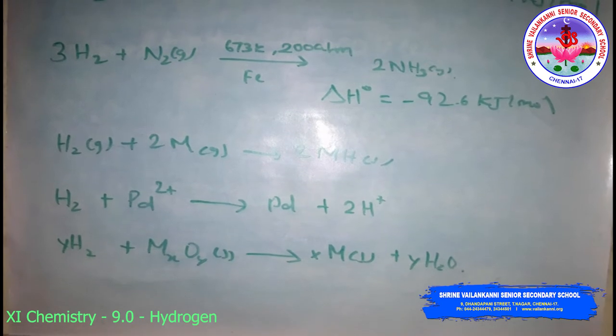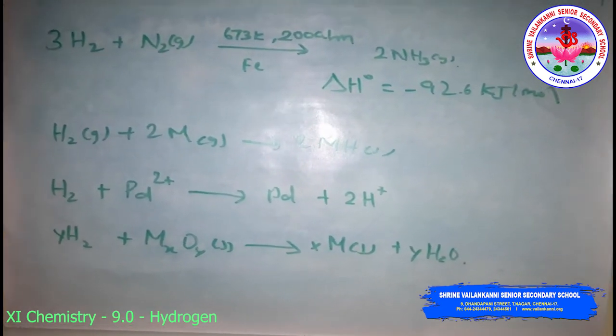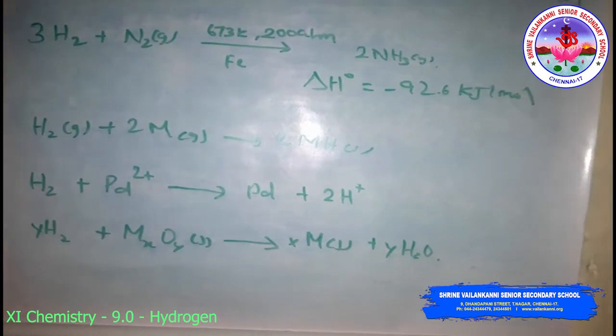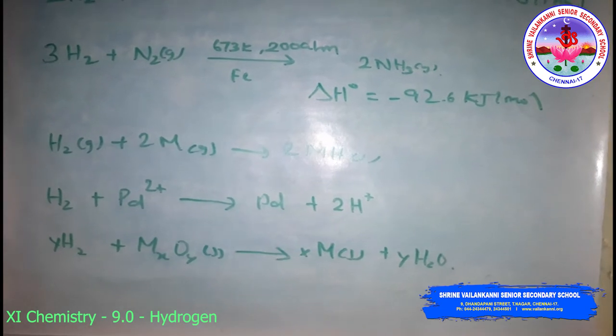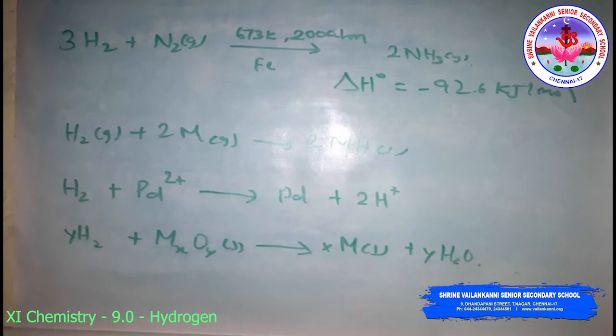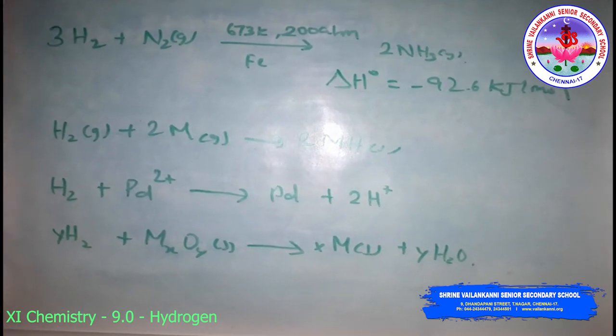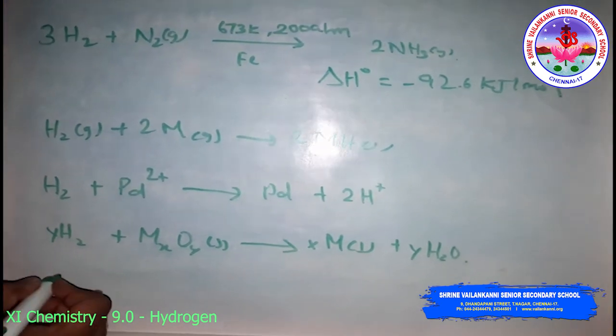For example, the hydrogenation of vegetable oils using nickel as catalyst gives edible fats like vanaspati ghee. Then the hydroformylation of olefins yields aldehydes, which further undergo reduction to give alcohol. The reaction will be